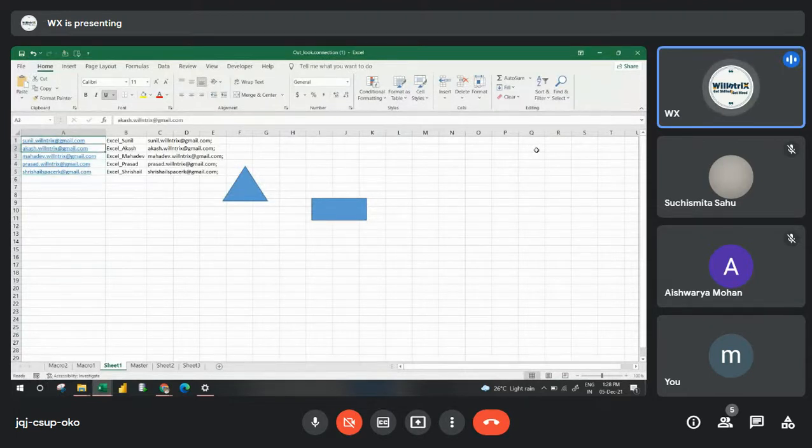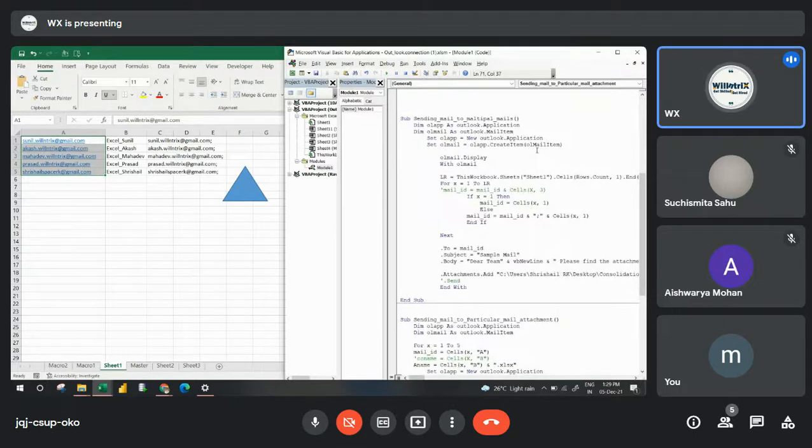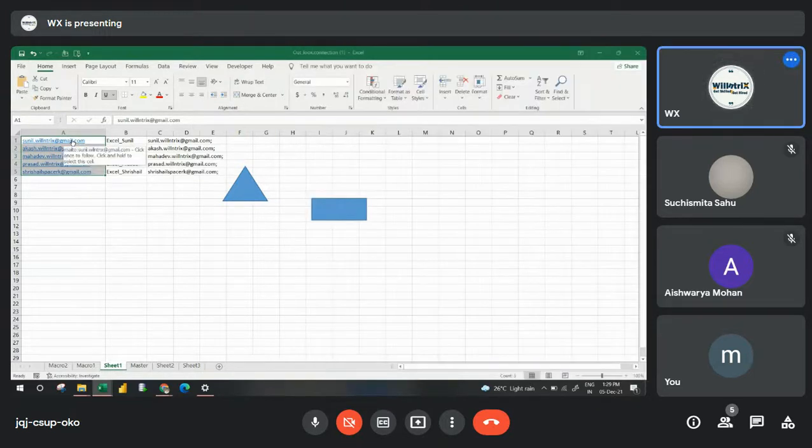So what I have to do is take a loop here, 1 to LR1. If I have to send the same attachment to many people, to many email IDs, we have to write the same code again. We have to define the names here first. Then we set it with the application, new Outlook, create. Then again OL mail.Display. Then first we have to find out the LR1. After finding that LR1, I have to take a loop here for x equals the email ID reference started from 1 to LR. So that loop I am taking here for 1 to LR.